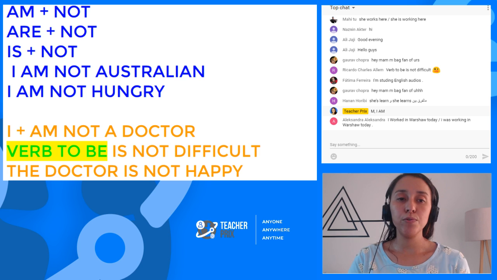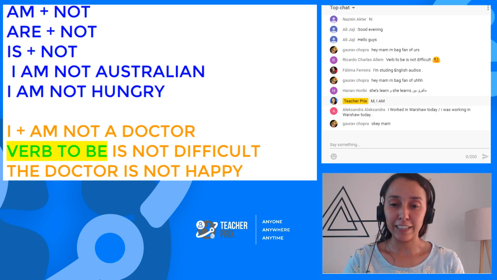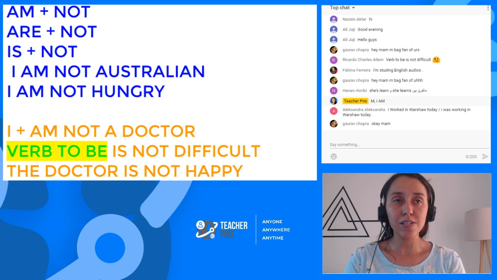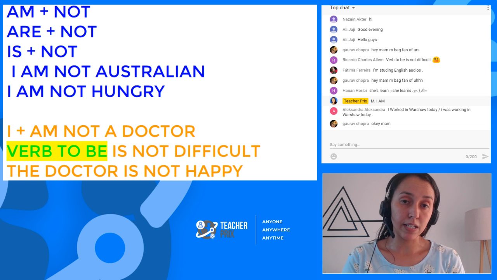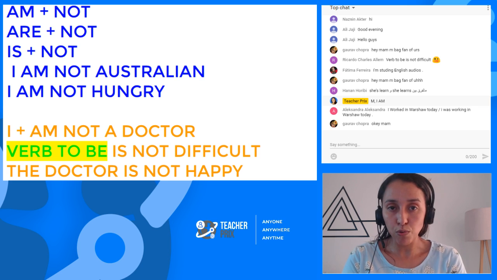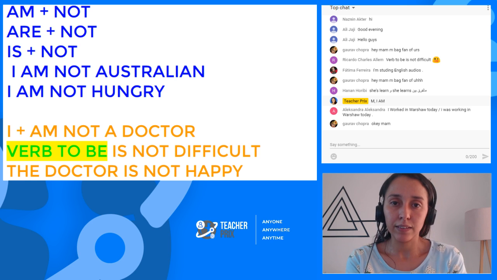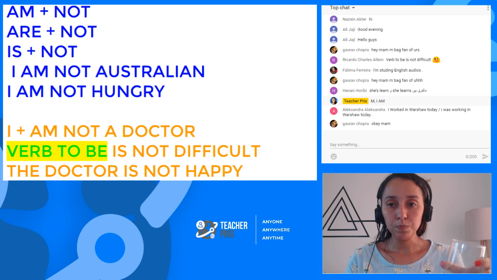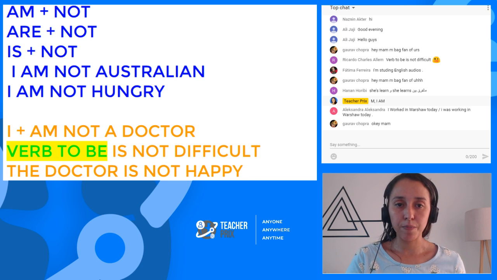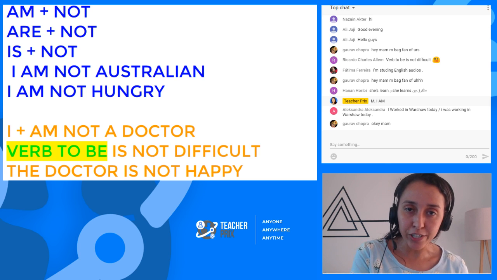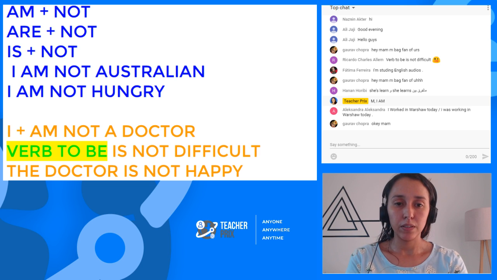Okay, remember the use of verb to be is very limited. This is something that you also need to focus on. The use of verb to be is limited because of the translation, just like the use of verb study is limited. If you don't need to use the word study, you don't use it because it has a limited translation. It means one thing, like drink. If I don't need to describe this action, I don't need to use the verb drink. So this is what you need to pay attention to. Verb to be is limited to its translation. That's what you need to focus on, okay?